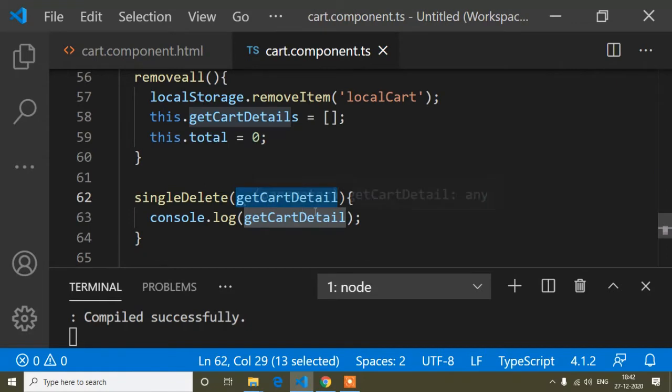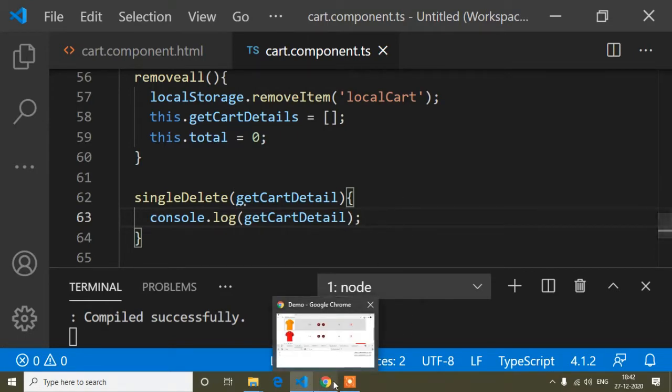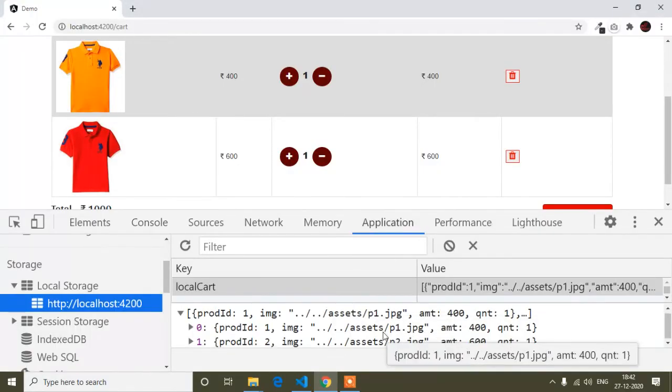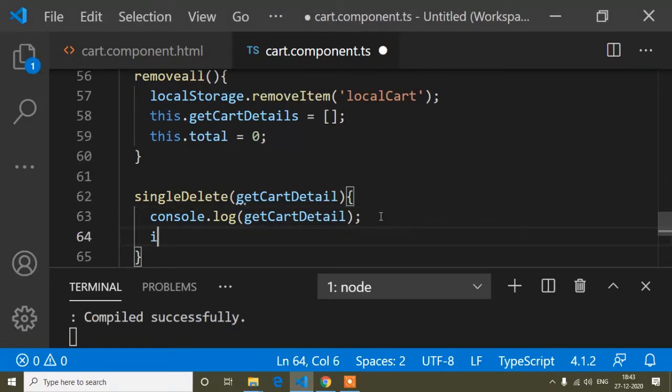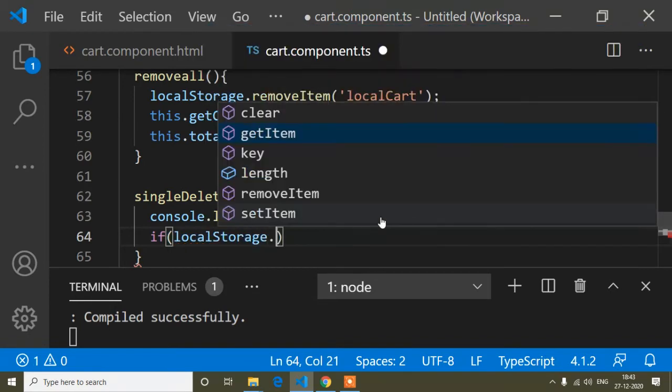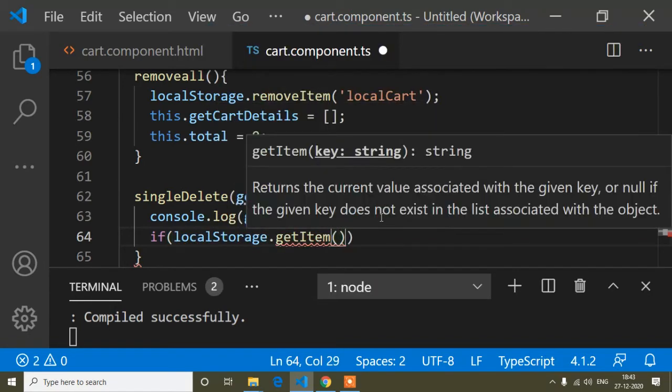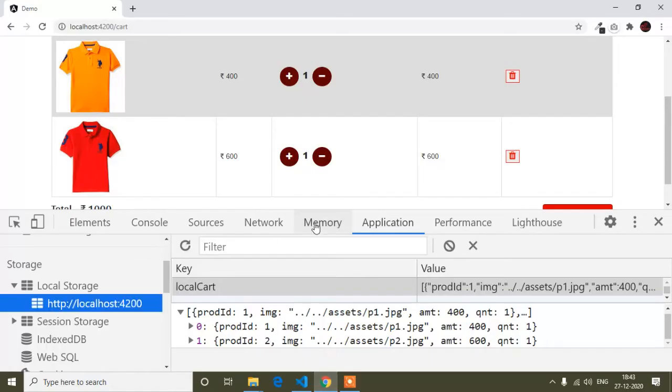Now, what I have to do first is get which products I stored in the local storage. For that, I have to write an if condition here: if localStorage.getItem, and in this localStorage.getItem I use the local cart key.